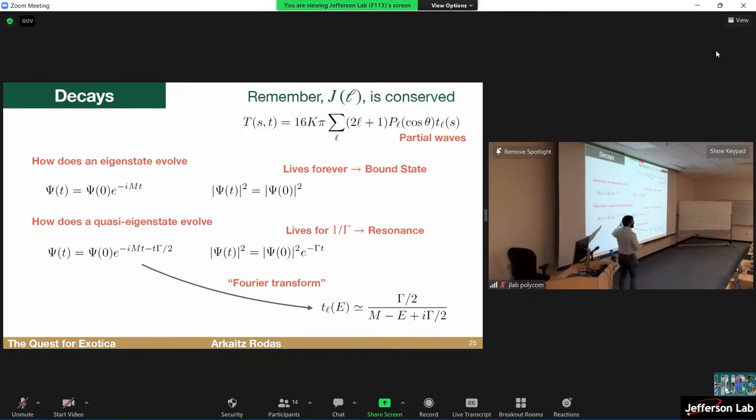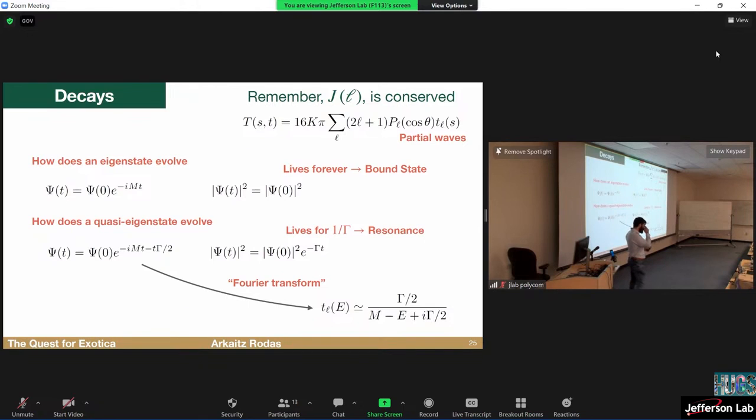But what happens with a quasi-bound state? Let's wave a bit. So now this energy is no longer real. It has some imaginary part because it's not fully a bound state. As we multiply with i, you get a term that is real. I am writing it this way, so we see what happens. If I get the probability for this state to live at a given time t, then we see that this thing is fading away. So the probability of finding that state at a time t is decaying with an exponential.